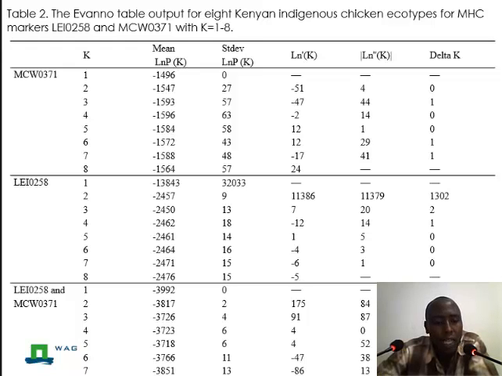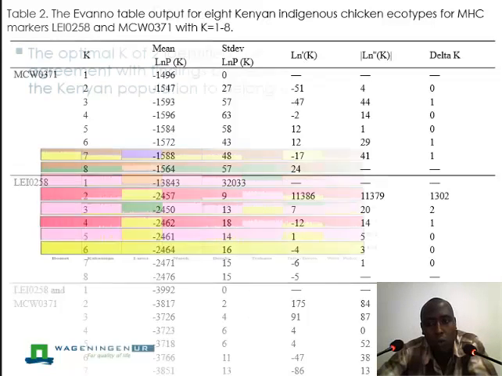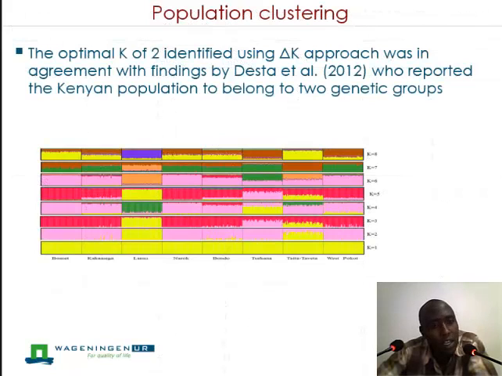But if you use marker LEI0258, if you can see from delta K here, this value is extremely high. And this one gives us the number of genetic clusters in terms of disease resistance. So we have 2 clusters. Also, if you combine the 2 markers, the number of clusters in terms of genetic resistance, as shown here with the maximum value of 40, is 2. So the optimal number of clusters was identified to be 2,